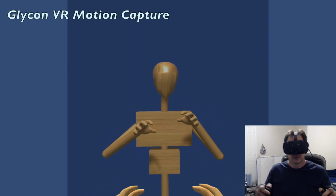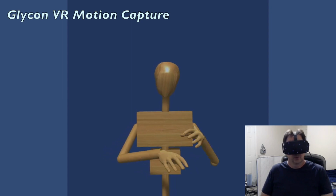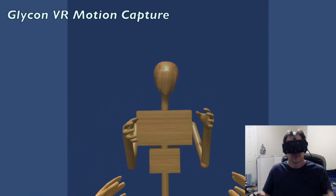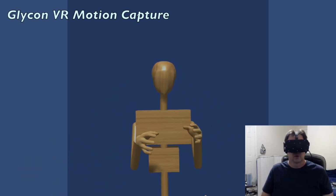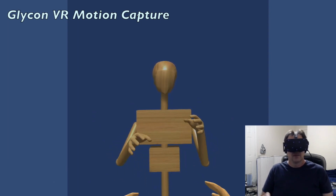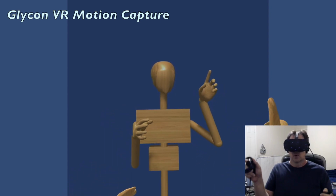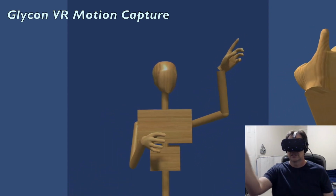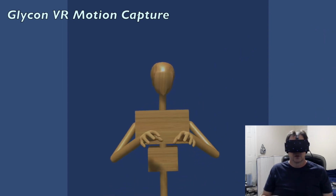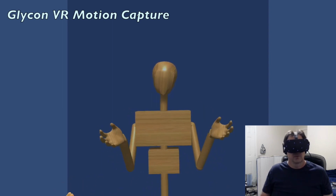My thought was, if you're an animator sitting at your computer, and normally you would do a lot of the animation by hand, you could just slap on the headset and the hand controllers and do some basic animation right here, just by moving your hands around. So if you need to point at something, hello, I see you up there, or do your hands like this, or grab something on the desk, that kind of thing, this would make it really easy to do,